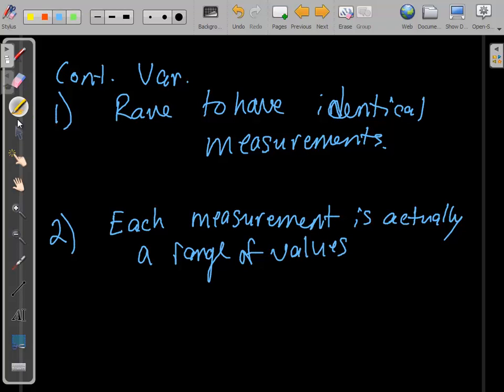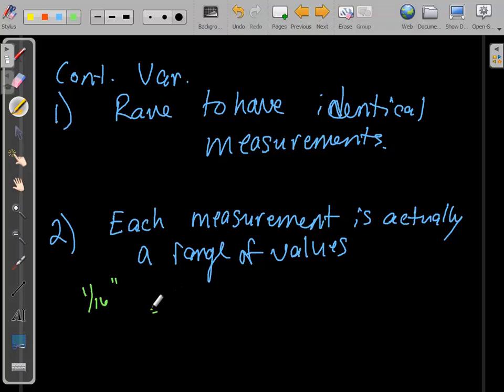Okay, so back to the height example. If we're looking at a patient's height and we're using a tape measure or a yardstick on the wall, the tick marks on the measuring stick against the wall maybe go every 1/16 of an inch. Okay, so if we're dealing with 1/16 of an inch, that means if somebody comes in and has